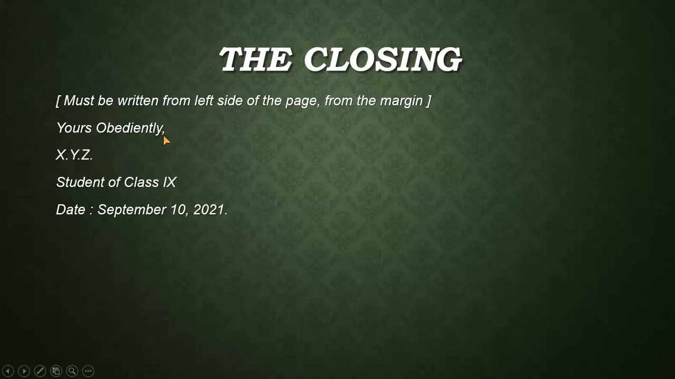Then comma. Comma shows that we are still writing some more things here. Okay. Then x dot y dot z dot here. Okay, now remember that x y z is showing actually your name, but it is not necessary to write the actual name by the person who is writing the application. So we use the word x y z, okay, with the dot after each word, x dot y dot z dot. Then in the next line, we write